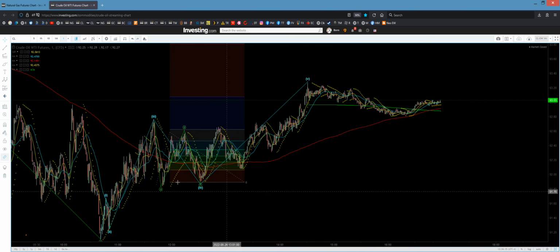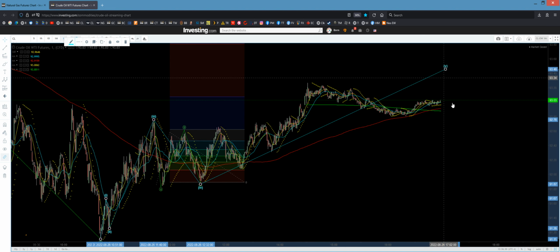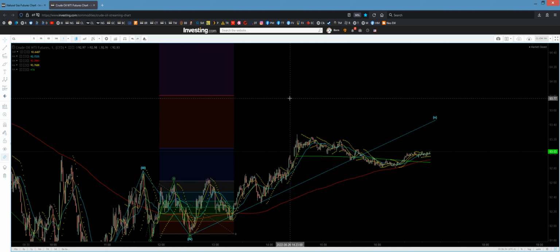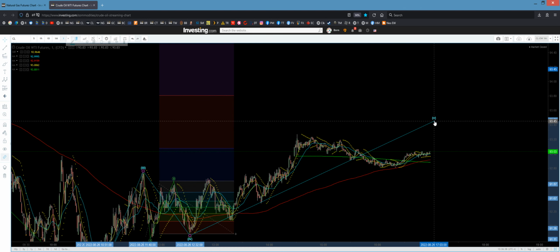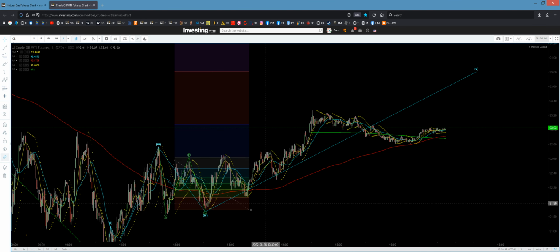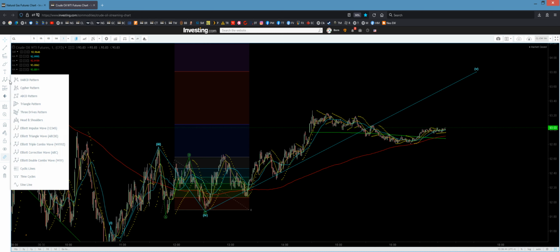And then we're going to see 1, 2, 3, 4, 5. So it looks like wave 5 is not complete. It's going to be somewhere in this neighborhood here, and it could very well be up over here at 98.31, something like that. Because this looks to be wave 4 right here. If I was to break that up a little bit better,